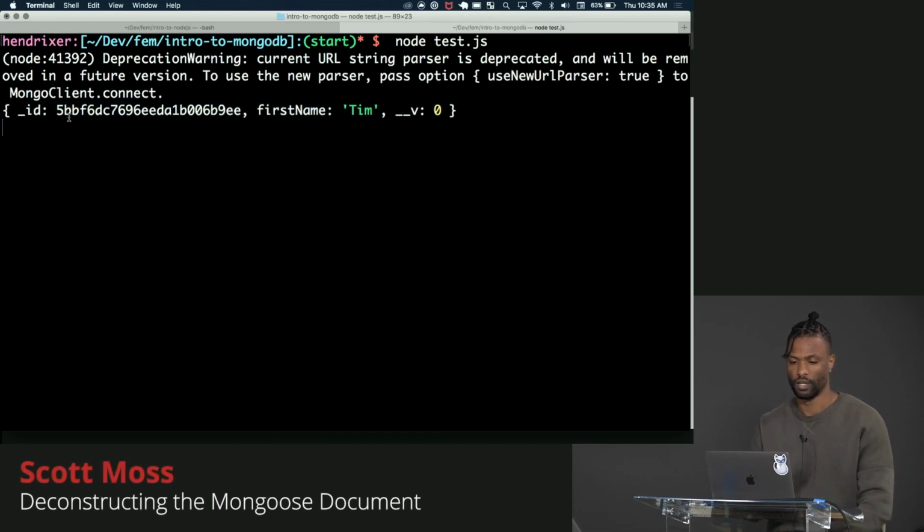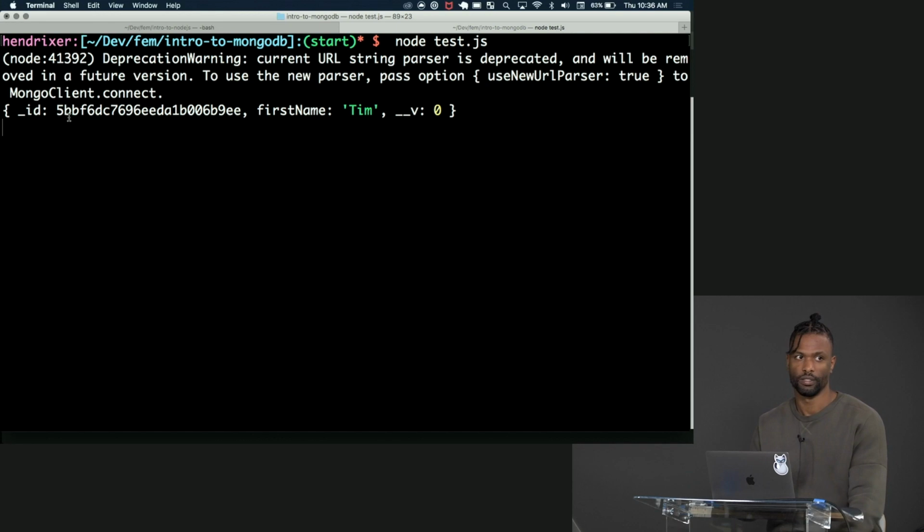The first thing is you see this underscore ID. By default, Mongo is going to create an underscore ID for every single document that you save in the database. You can turn that off. You can make it do whatever you want. But by default, it's going to be an underscore ID, and its value is going to be something that's called